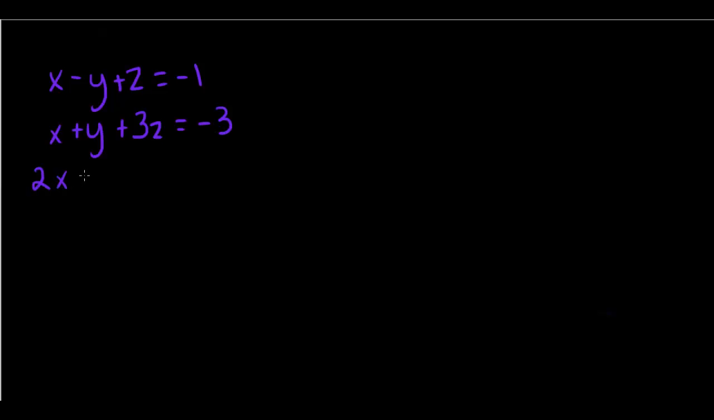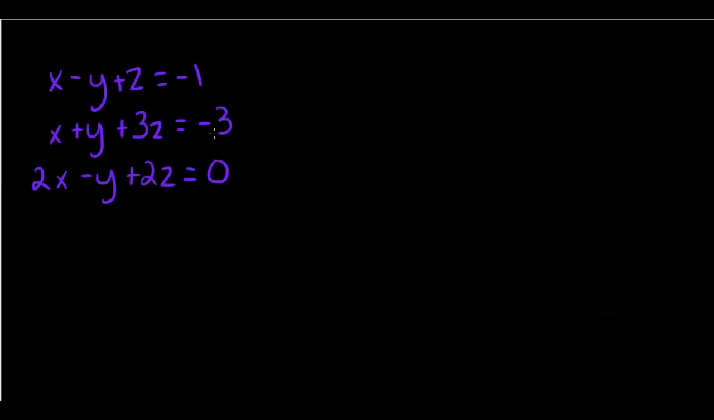Okay, now that we have reviewed how to solve systems by using elimination and substitution, we are ready to learn how to solve systems with three variables. So we're going to begin with x minus y plus z equals -1, x plus y plus 3z equals -3, and 2x minus y plus 2z